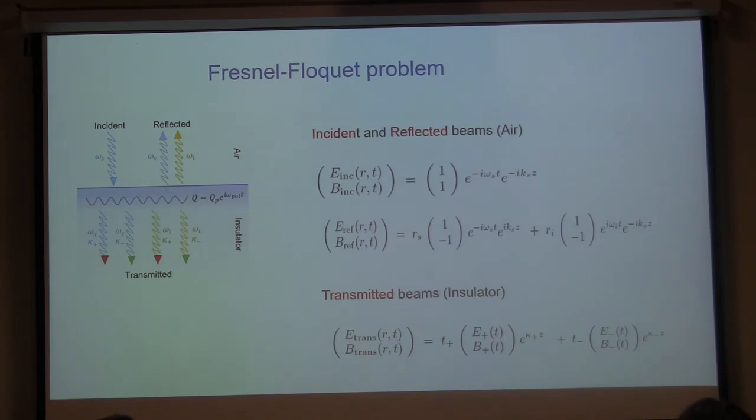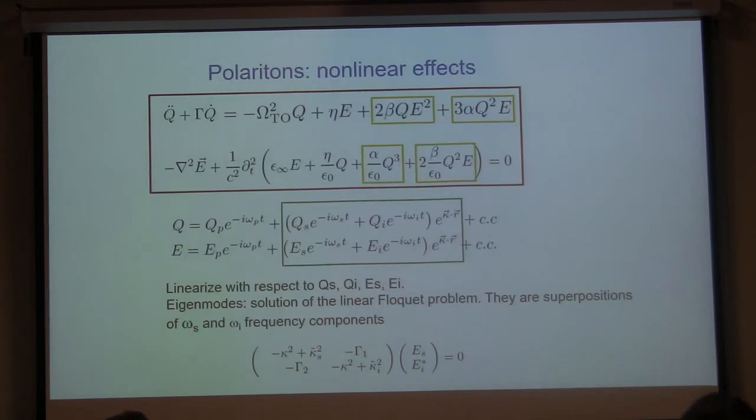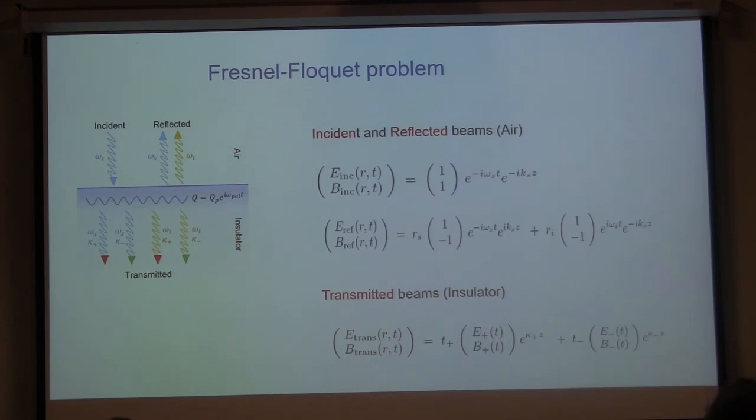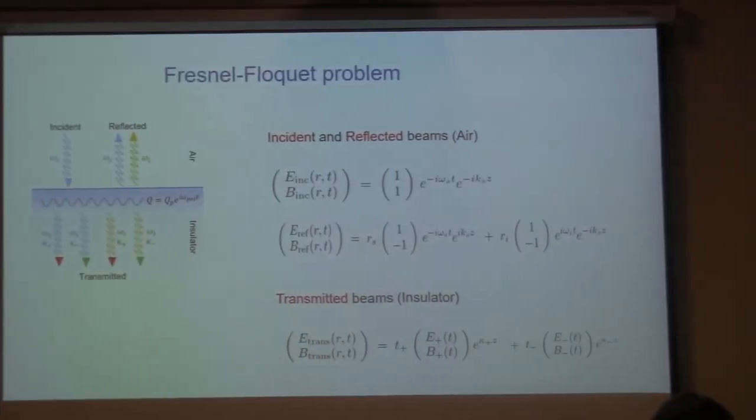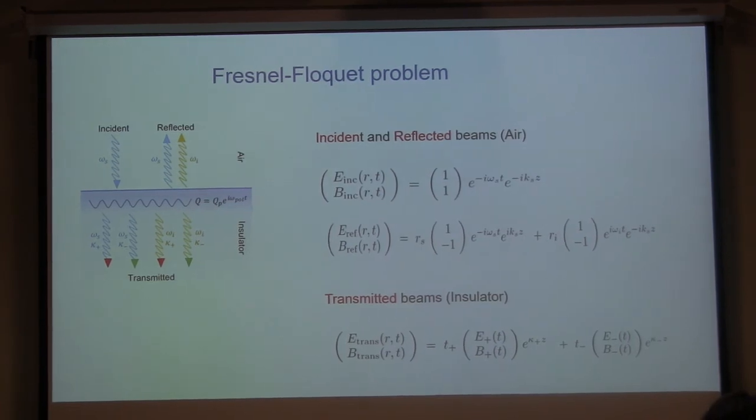And that's exactly what we have to do. Then we have to do the usual matching conditions. So we have light coming in, we have reflected and transmitted light, but now for transmitted light we have two Floquet eigenmodes. Because remember, without the Floquet drive, we had two separate modes, omega signal and omega idler. Now we mix them up, but the number of modes stayed the same. We still have two. Therefore, if we come in at the signal frequency, we will still excite two Floquet eigenmodes, but for every one of these, like you do with the usual Fresnel problem, we impose continuity of the parallel component of the electric field, continuity of the magnetic field, and so on.